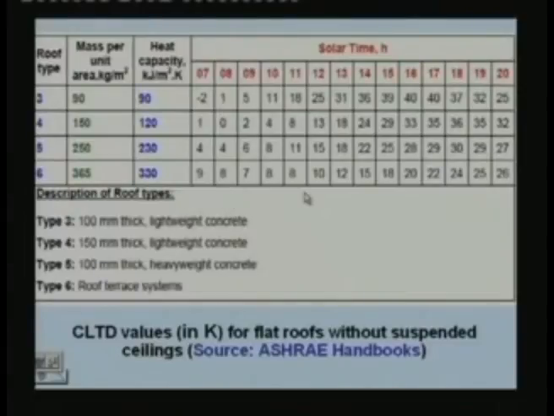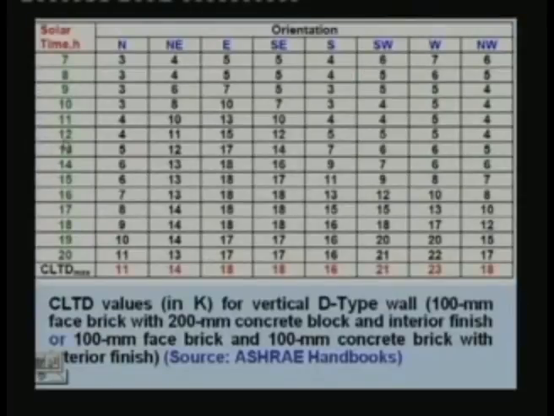So this is the CLTD table for a flat roof without suspended ceilings, and this is taken from ASHRAE handbooks. And here you have 4 different types of roofs, 3, 4, 5, 6, and the description of the roofs are given here. Type 3 is 100 mm thick lightweight concrete, type 4 is 150 mm thick lightweight concrete, type 5 is 100 mm thick heavyweight concrete, type 6 is roof terrace system, and the properties are given here: mass per unit area,